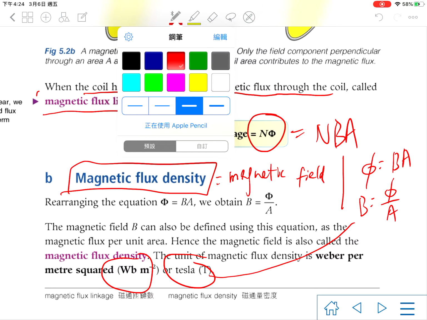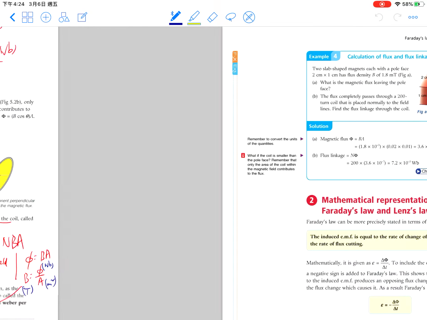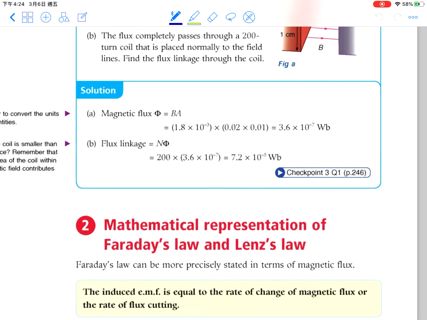Tesla, or Weber per meter square. You have learned this in chapter 4, magnetic field unit, Tesla. 咁有啲同學可能會唔識㗎，見到啲題目 magnetic flux density 唔知問乜㗎，其實就係問 B field 啊。